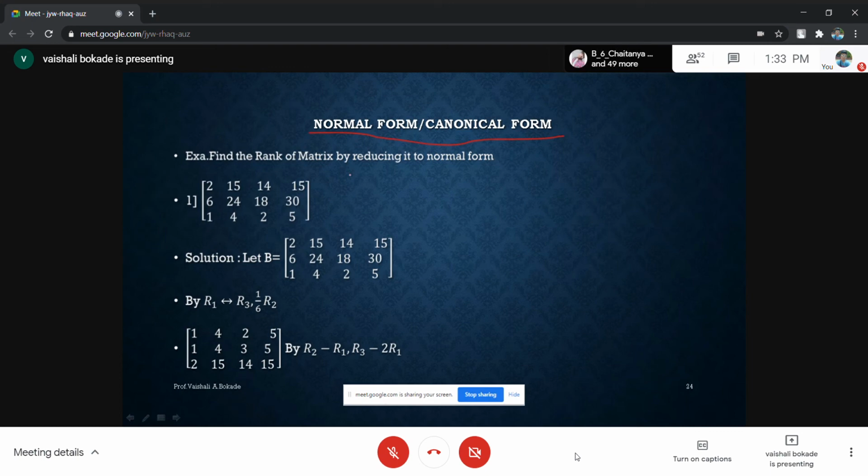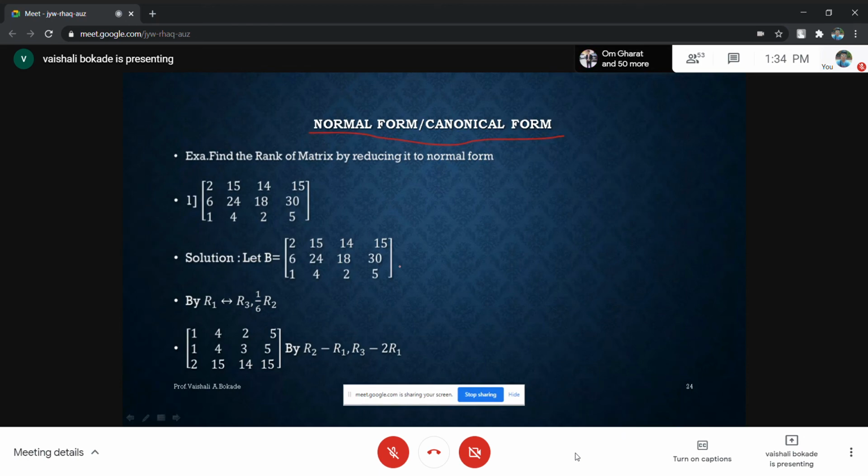We have this matrix A. This type of question will definitely be asked for 5 to 6 marks. Again, I'm telling you the same thing: a 5 to 6 marks question will be there. I'm having a 3 by 4 matrix; let me call this matrix B. Before going further, I don't know what is meant by normal form or canonical form. What I told you till now was echelon form only. So how to convert this echelon form to normal form, that I'm explaining to you.